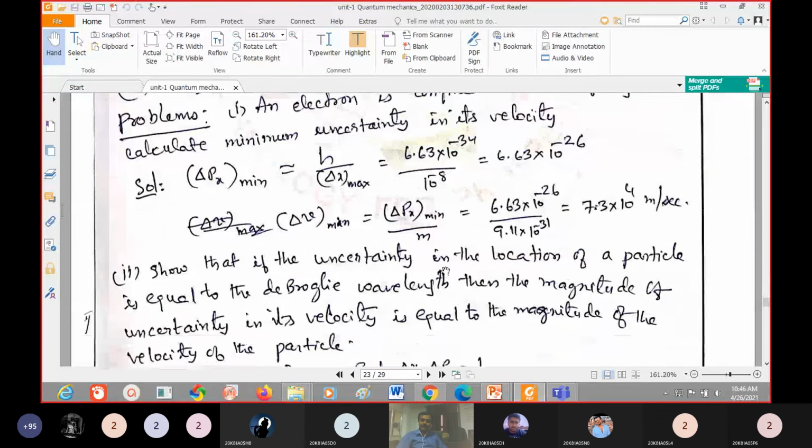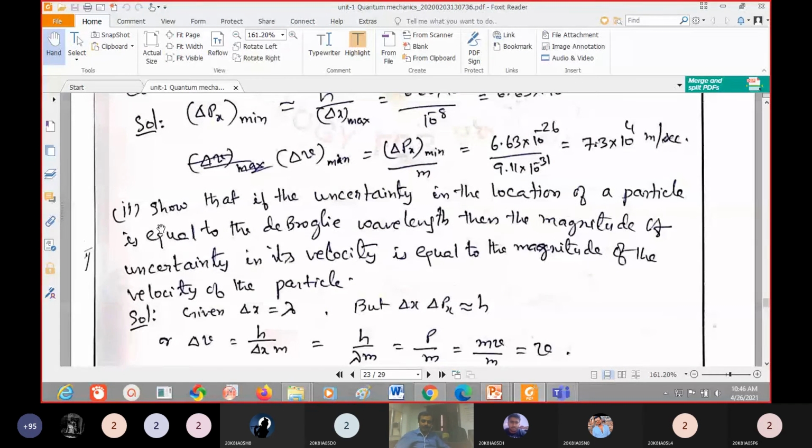Understood everyone? Yeah, so next formula. See that, if the uncertainty in the location of a particle is equal to the de Broglie wavelength, then the magnitude of uncertainty in its velocity is equal to the magnitude of the velocity of the particle. Here some condition is given, so based on that condition,